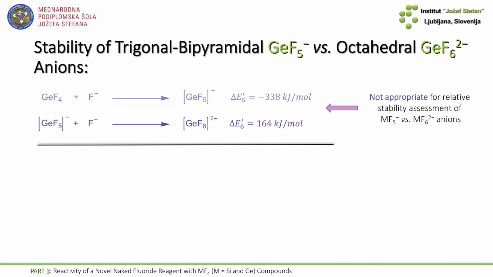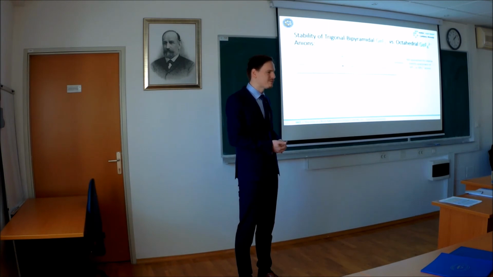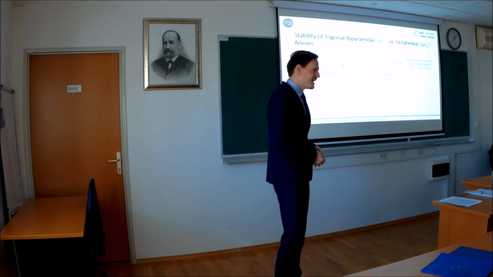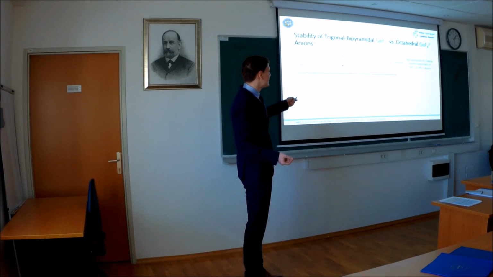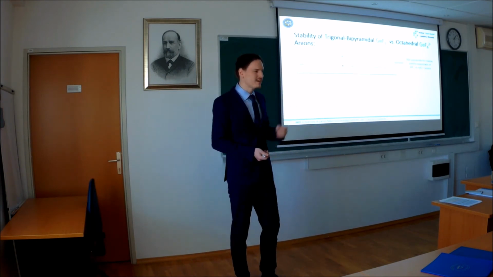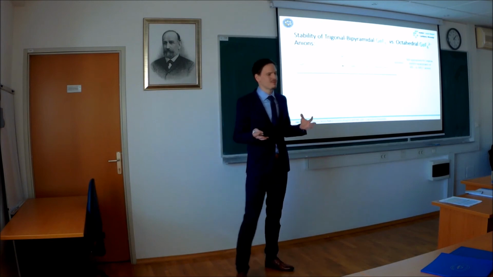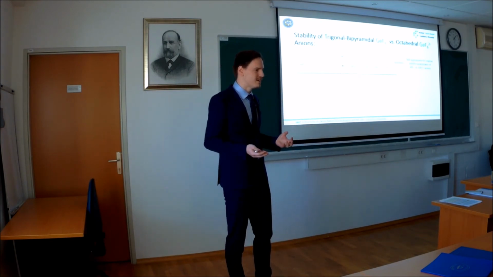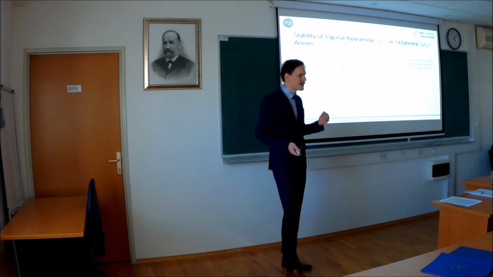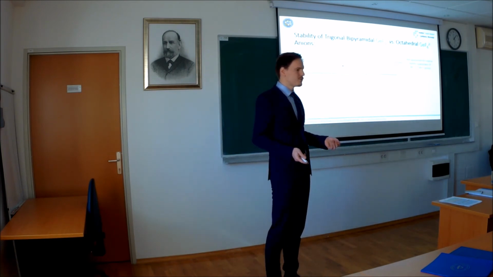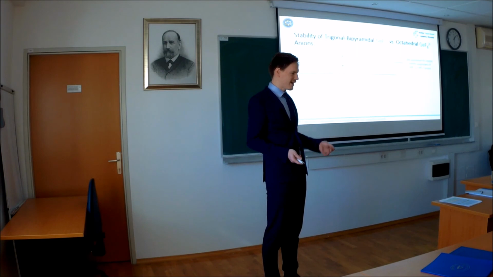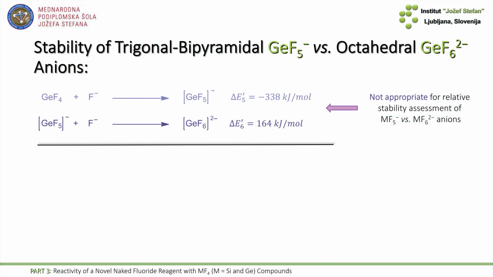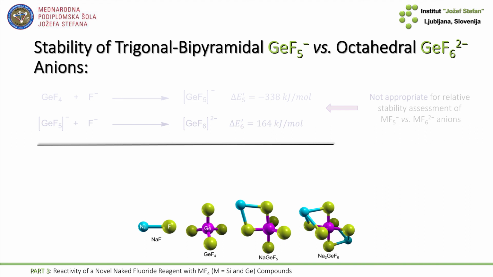And then we turned for help to a brilliant mind, Tone Kokalj, and he said, of course this is so. These are isolated anions, and germanium as a small object can hardly accommodate a large surplus of electron density. But in reality, these anions are never alone. They are always surrounded with cations for the purpose of charge neutrality. And we said, why don't we devise a new, different theoretical model where we have all molecular species. So we have molecular sodium fluoride, germanium tetrafluoride, and the corresponding products.